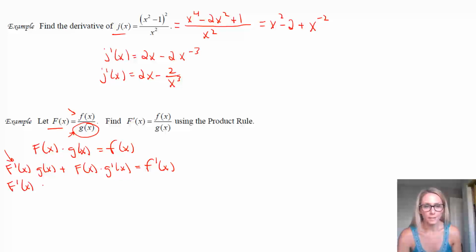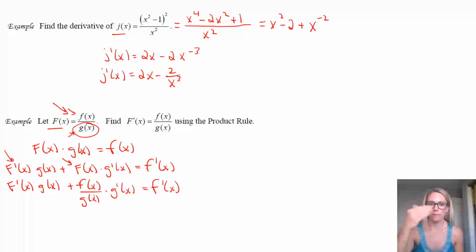So a good idea, the next thing we need to do is remember that big F of x is given to us. It is here. So I'm just going to rewrite that. Okay, so I've replaced big F of x with what it's equivalent to. Now, everything I have there, besides big F prime of x, is just little f and g. So now we want to solve for big F prime. So a couple different ways we can go about it. Let me do one more line here.